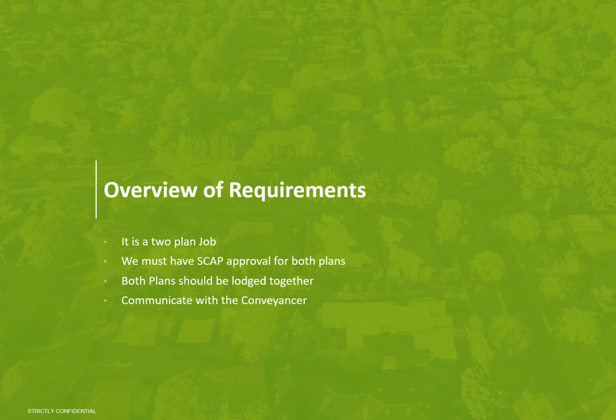Now I know what you're thinking. Why can't we approve the division plan and let it wait for the amendment to catch up? The AP dealing that needs to be lodged is for both plans. It is a dual purpose dealing, and therefore both plans are considered part of the process, and we can't approve one without the other.